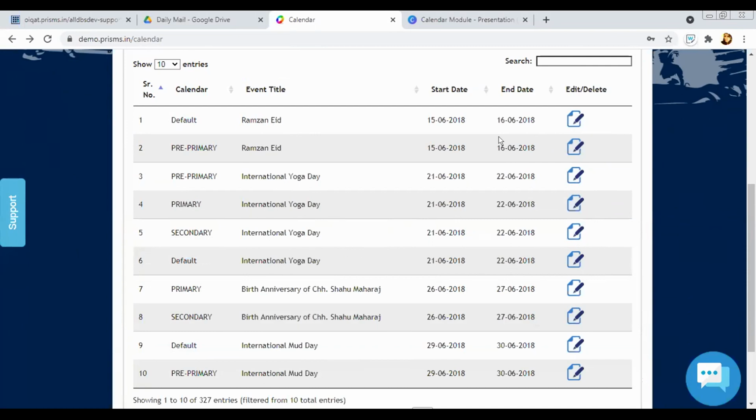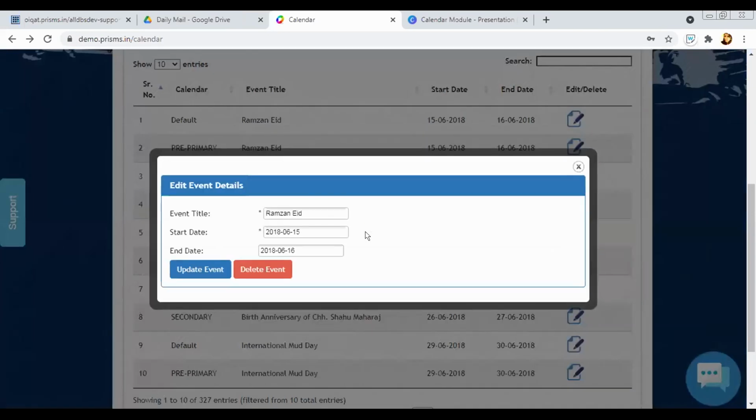So we can decide accordingly. I can just update that as well. If you priorly created a calendar event, next year if you want to simply update the date for that particular event, you can simply update that calendar as well.